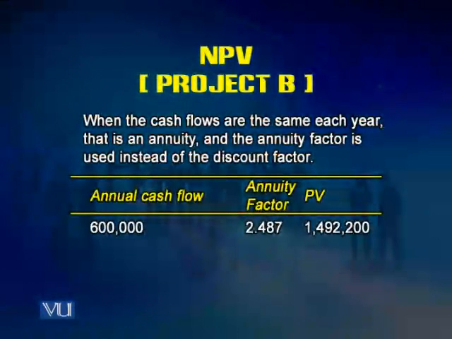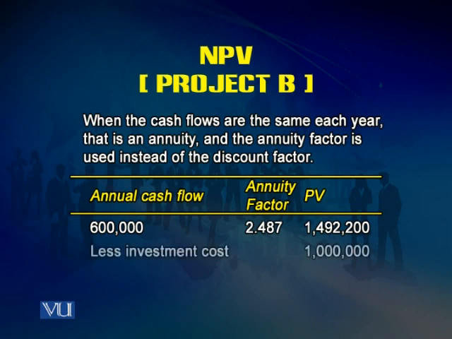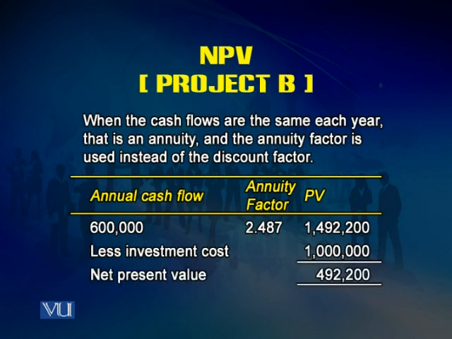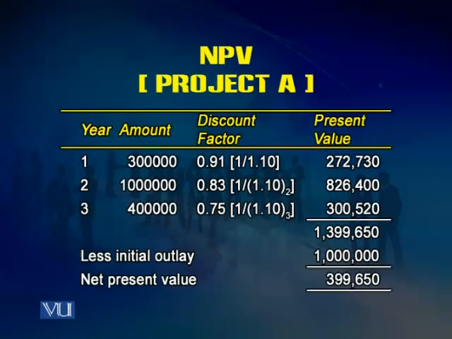So here, the annual cash flow is 600,000, and the annuity factor at 10% for 3 years is 2.487. So the present value of 3 years cash flow of 600,000 amounts to 1,492,200, and our investment, which is in current value terms, is 1 million. So here the net present value is 492,200. So the net present value of project B is 492,200, and quickly we can go back and see the net present value of project A is